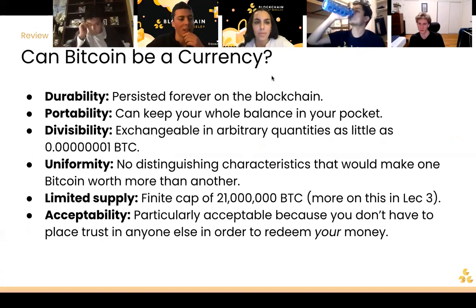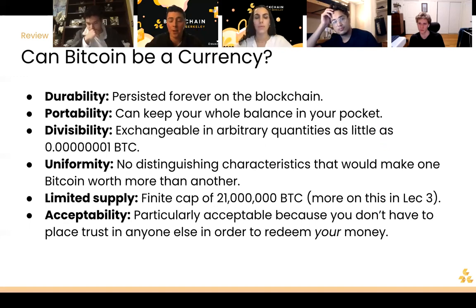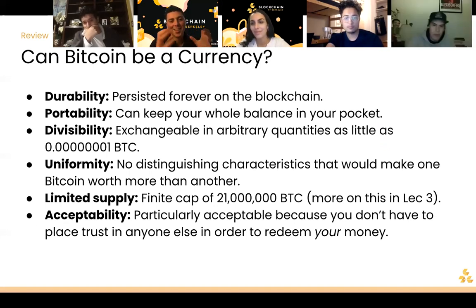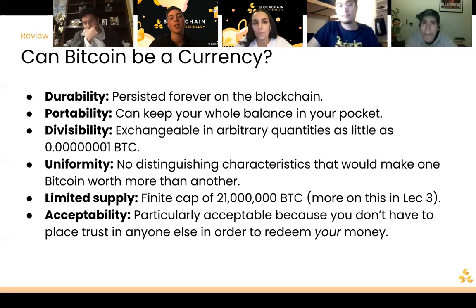Even recently, people do believe in blockchain, and every blockchain transaction that we have will stay forever. As long as there are people working in the network and upholding it just by participating, which means providing energy and keeping the network whole, every transaction will be permanent forever. And portability: you can keep all of your Bitcoin in your wallet, whether it's online or on a flash drive, and you can always have your private key with you and access your balance.